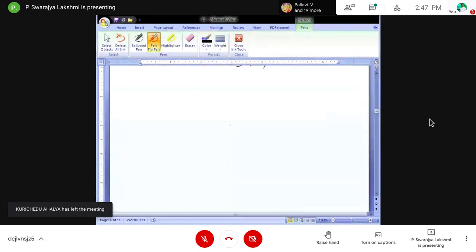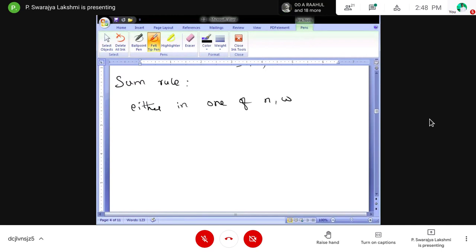Okay, now we go with the sum rule. The product rule we said a task is divided into two ways, right? So here also a task is divided, either in one of n1 ways or one of n2 ways.